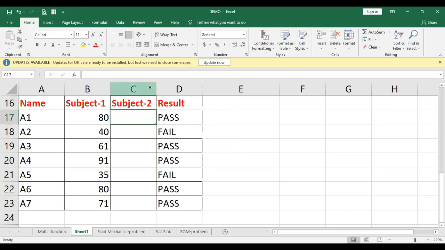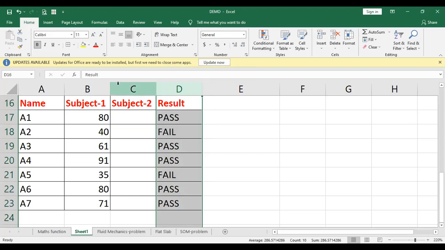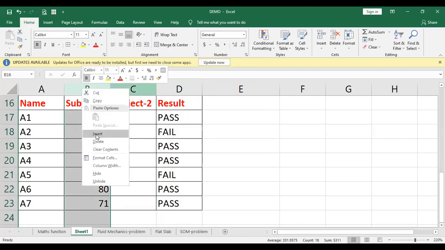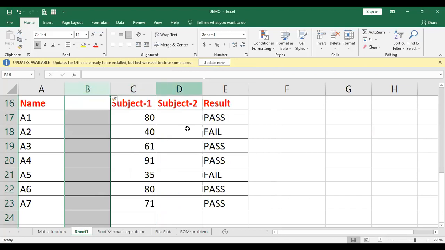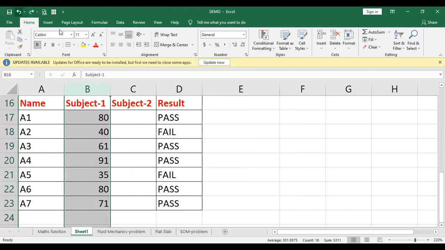So that's how, if you just put the insert command, you will get another subject result as well. Wherever you want to insert a column, you have to just simply right click there. Right click here, insert. Right click here, insert. If you want to undo that command, just go to this option, undo, or Control Z. That's how.